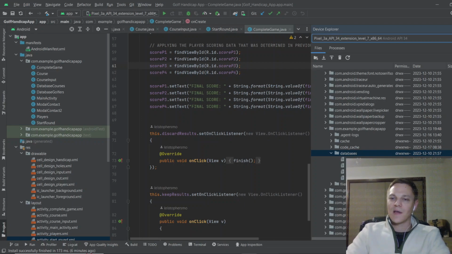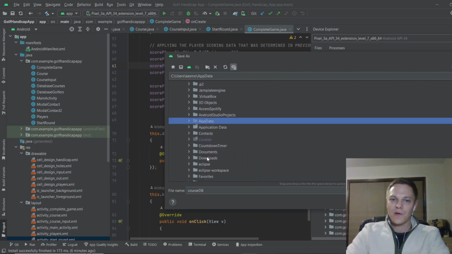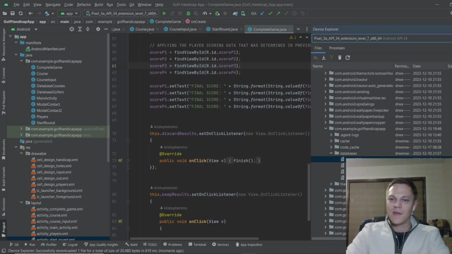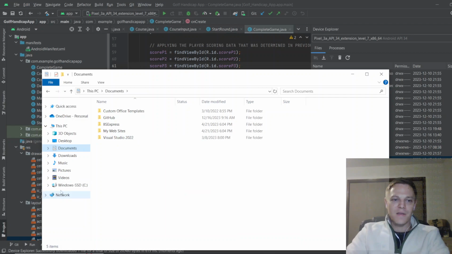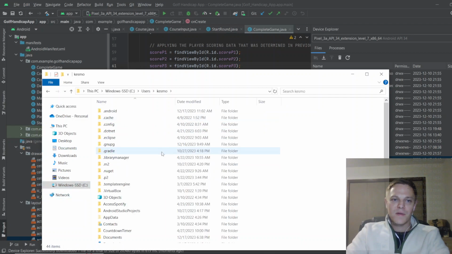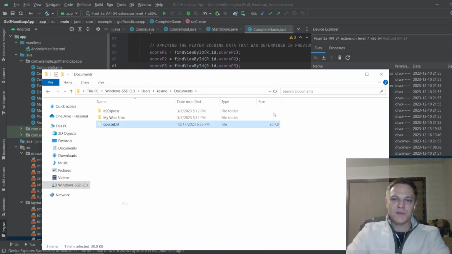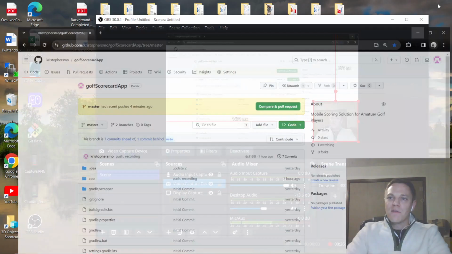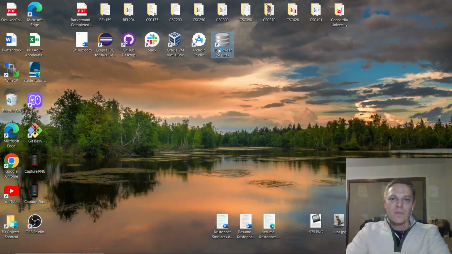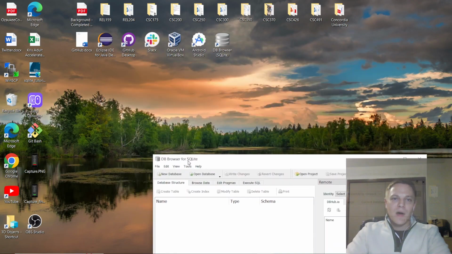So in many cases, I wanted to view this information. So I can just do a save as on my course DB. Let's pick a location. I'll go to Documents, and we'll save that there. So if I go into my documents, I can find my golfer DB, and I can save that. Let's just put that on the desktop. And if I go to the desktop, I can open up Browser DB, and I can bring in my